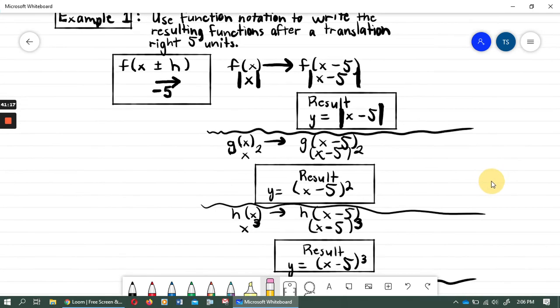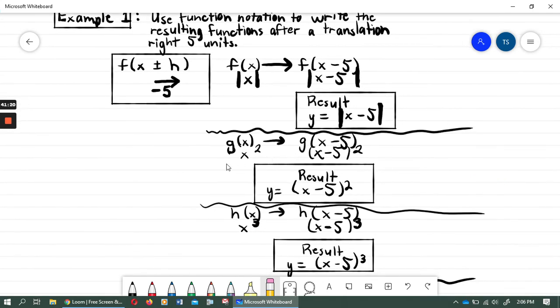Next up, quadratic. Same thing. The parent function of x squared. And again, if we're going to be moving right 5, that means that we're going to have to subtract 5 on the inside with the x. So that means that instead of it just, so guys, look here. Instead of it just being the x,